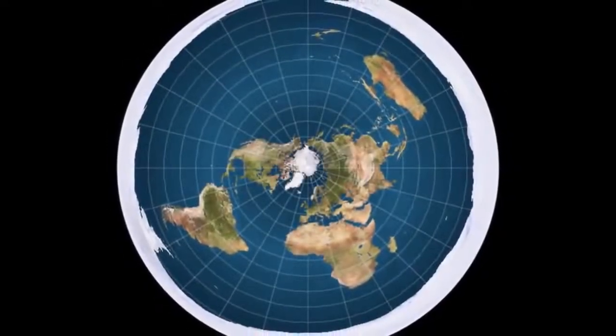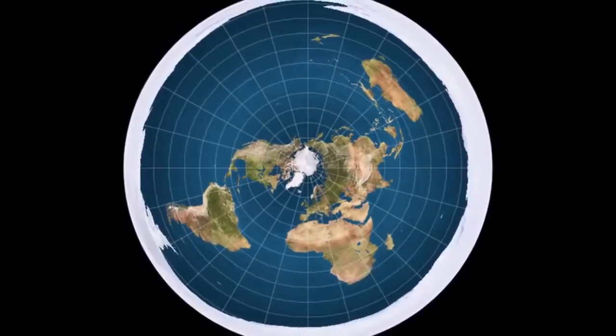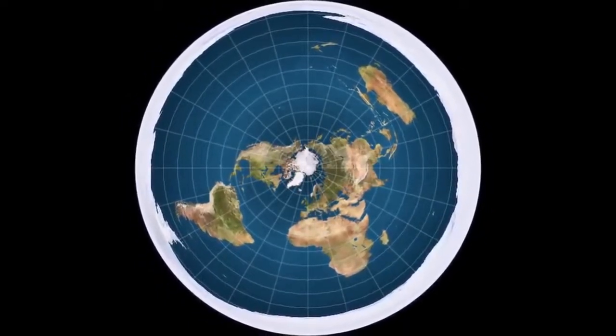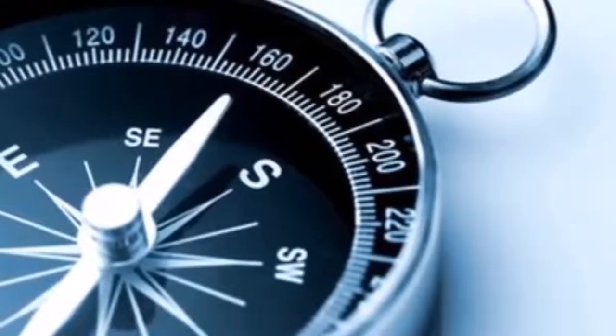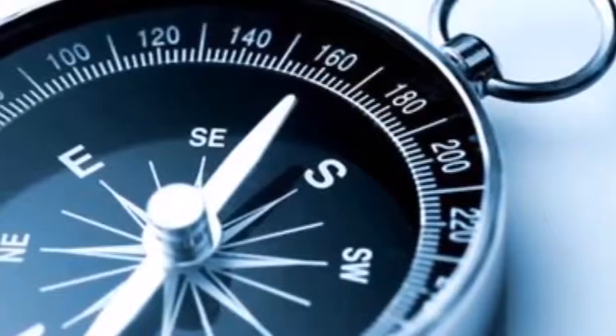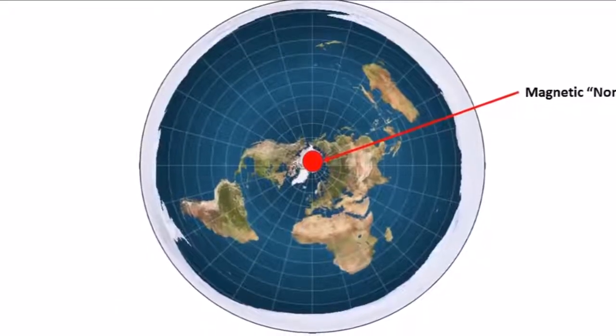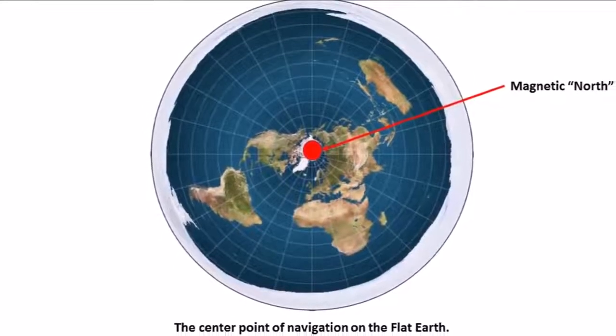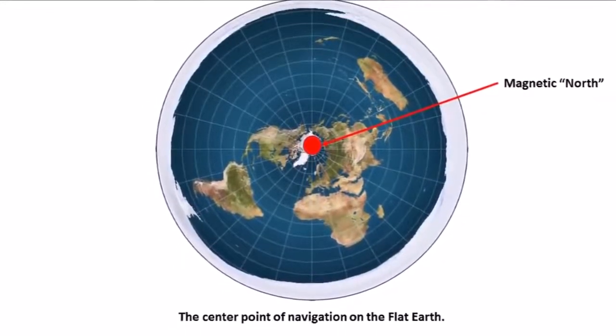On the flat Earth, north would be at the center of the Earth, and south would be anywhere extending away from north. A compass will always point north, no matter where you are on Earth. The North Pole would be just how the ancient cultures knew it: magnetic north. The ancients called it magnetic north because they believed that towards the center of the flat plane, it acted like